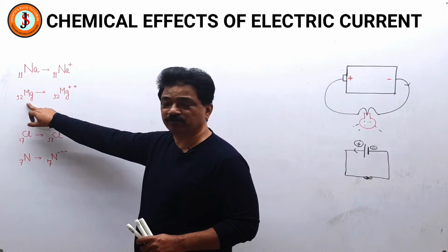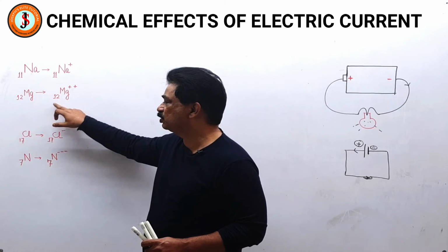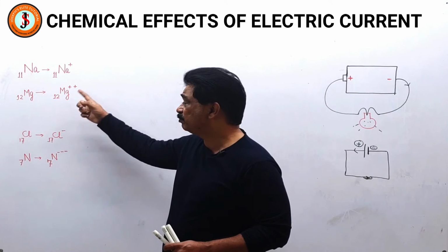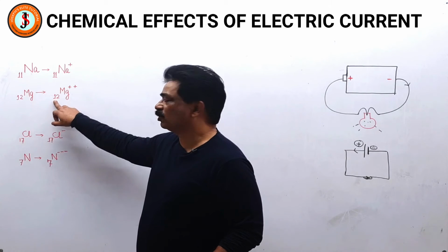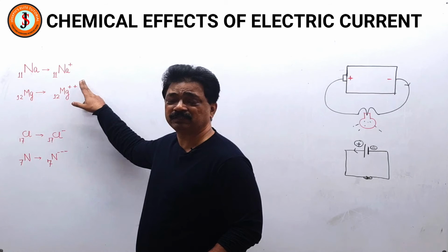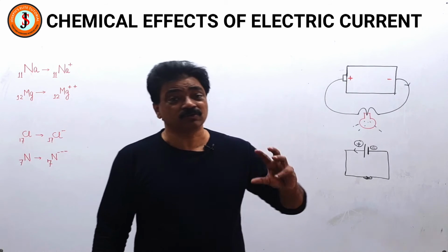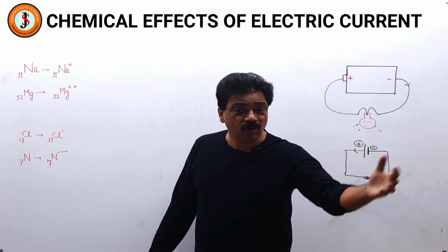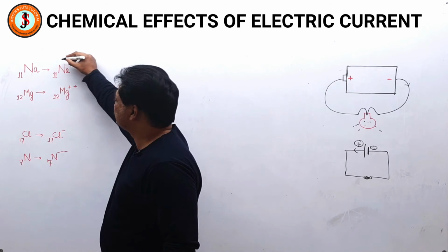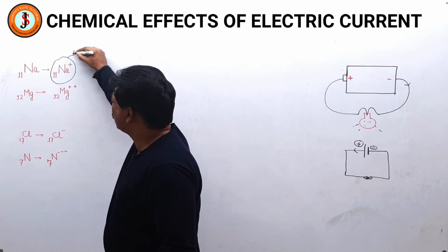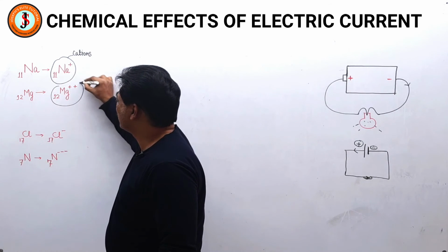Similarly, if you see 12, here there are 12 protons and 12 electrons because there is no charge. But here there will be 12 protons and 10 electrons, because every plus sign means that many electrons have been lost. So you have understood once again, the proton number is fixed at 12, but there are 2 plus charges, and 12 minus 2 is 10 electrons. So the electron number will change because only electrons stay outside the nucleus, so they can go out or come in an atom. Protons do not go out and come in. So the positively charged ions are called cations.